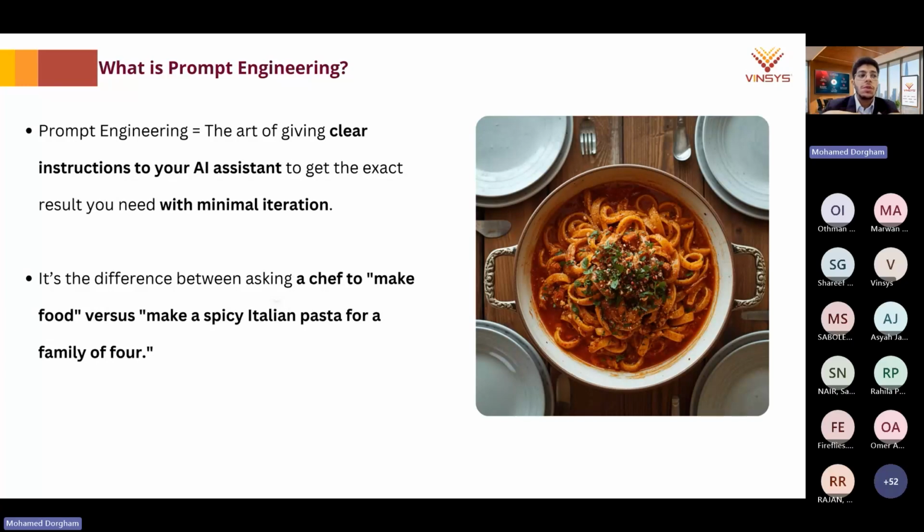Okay, so we spoke about different AI systems, and we spoke about the main thing that powers these AI systems, which is called LLMs. Each of these LLMs has its own strengths and weaknesses. I'm sure all of you have already used at least one of these AI systems.